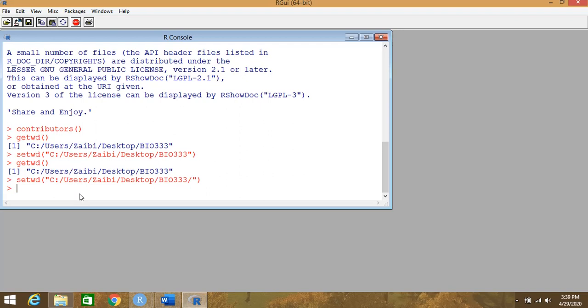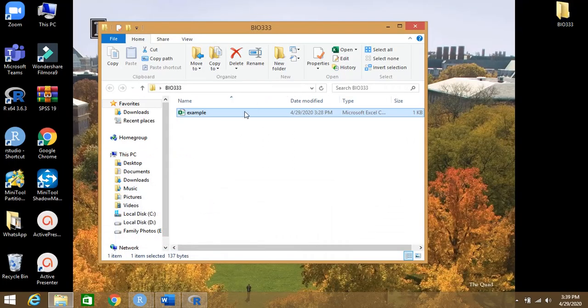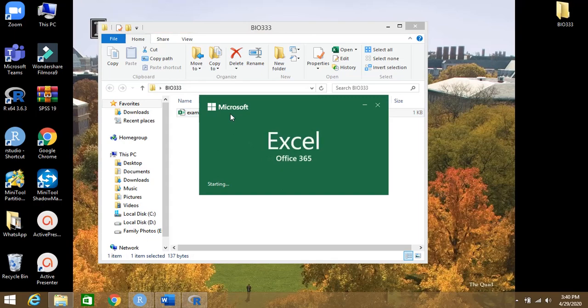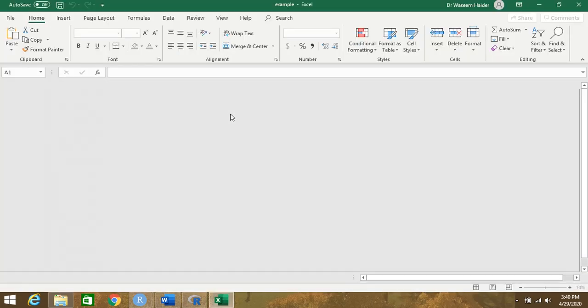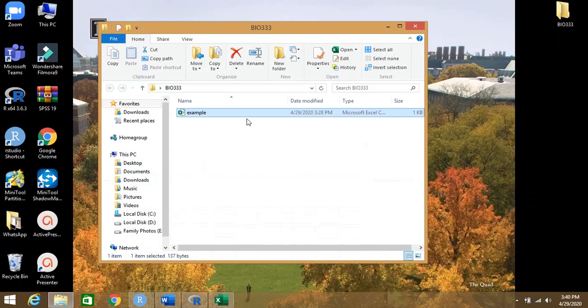Okay, we need to read our file into R, and it is a CSV file. Let me show you real quick what this CSV looks like. When you open it in Excel, it looks like a perfect Excel file. But what does CSV mean? CSV means comma separated values.